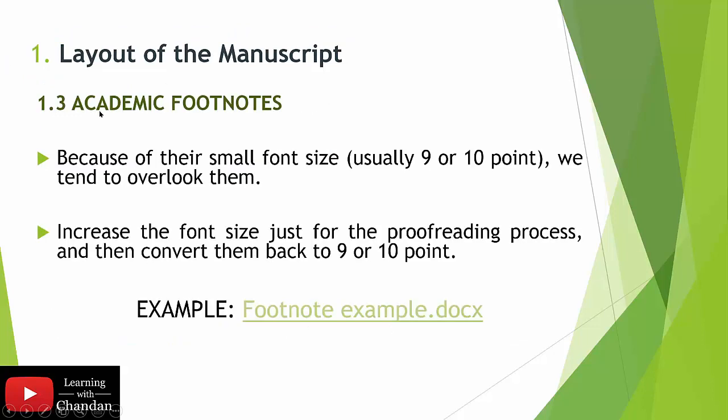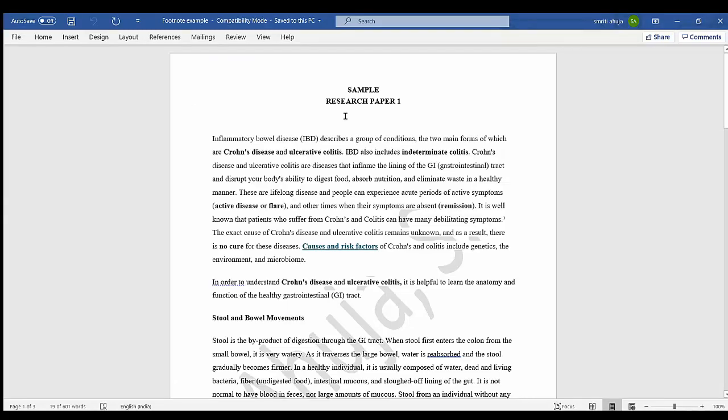The third important component is the academic notes. These footnotes are a supplement to the main topic. They supply additional inputs, additional information for a particular topic. These are usually in a very small font size, so while proofreading, there is a tendency to ignore them. Let me show you with an example. In the sample manuscript,